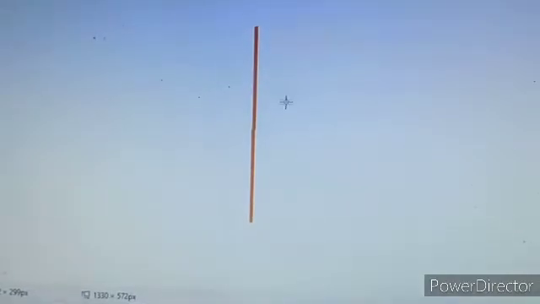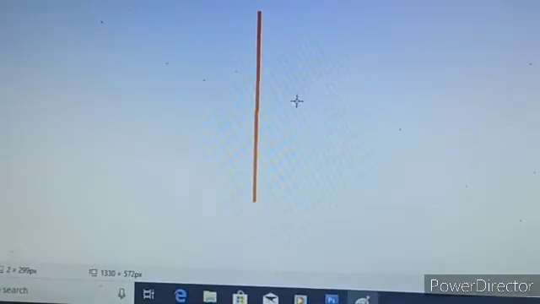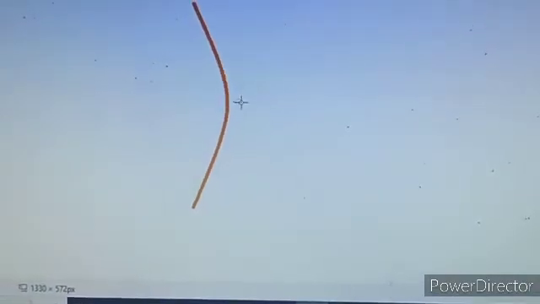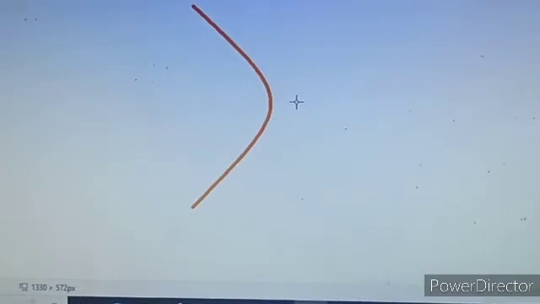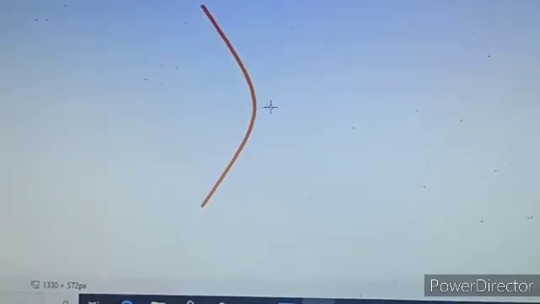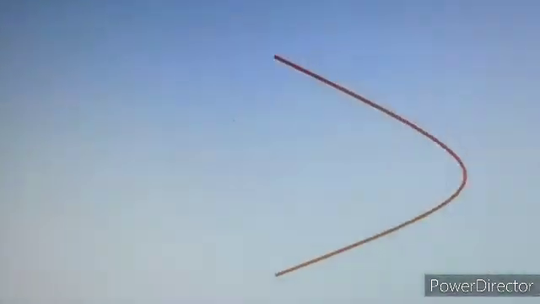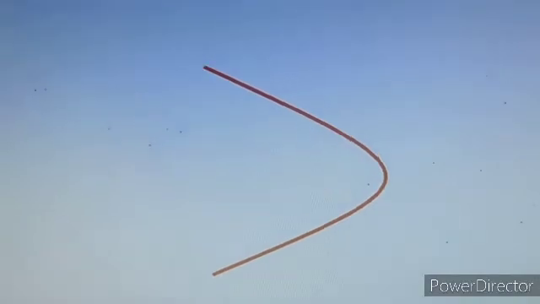Then on which side you want to make it curve or bend, just place the pointer at that location and drag it this way, by pressing the left mouse button. Then after that, double click. If you double click your left mouse button, the line will be fixed this way.